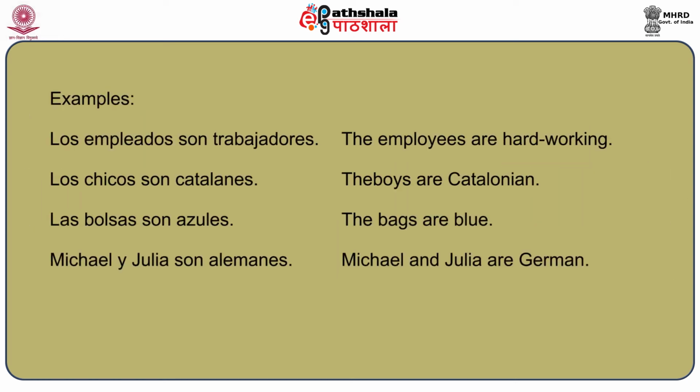Example with these, like los empleados son trabajadores, los chicos son catalanes, las bolsas son azules, y Michael y Julia son alemanes. In Spanish, adjectives come after nouns that they are describing. However, there are certain exceptions to this rule. For instance, some highlighted adjectives below can come before the noun as well as after the noun, but their meaning